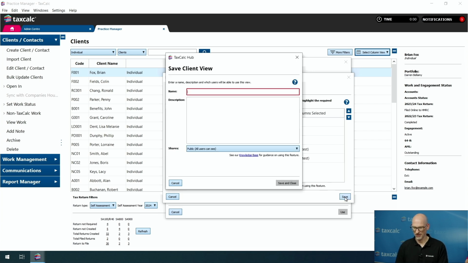If I then choose to name this one, let's call this one VAT, I can now choose whether I want that to be public so that every user can see it, or whether I want it to be private, in which case only I will be able to see that. You may be on the cusp of answering Leslie Ann's second question,